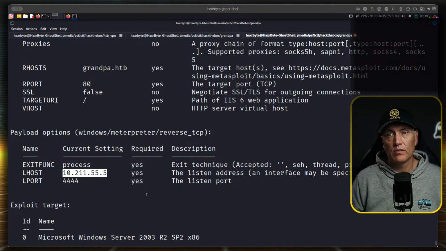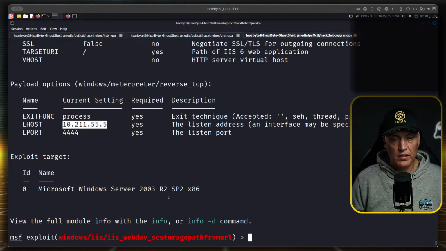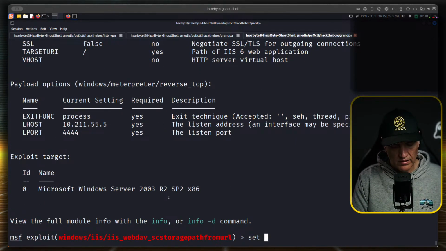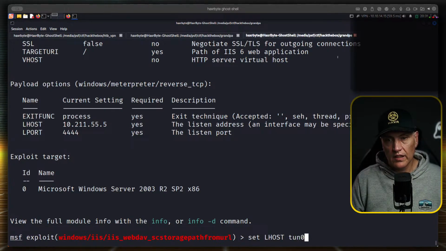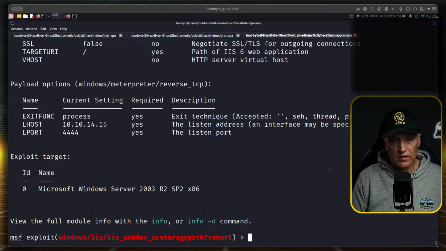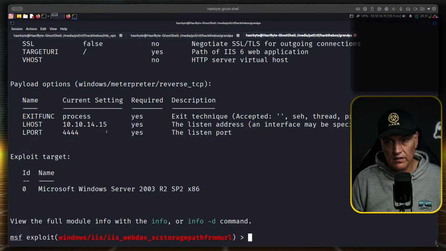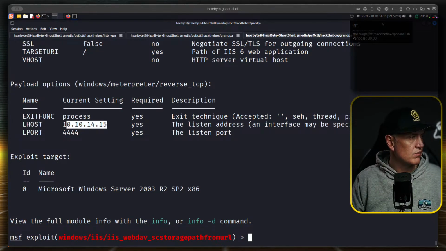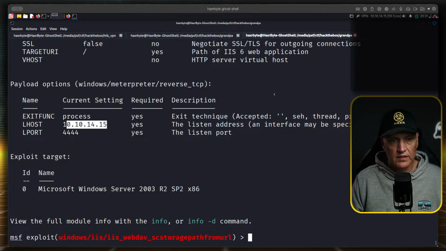So this is my local Ethernet IP address. In Metasploit you can do set LHOST tun0 and it will pull this IP address into Metasploit. Same as this little script I've got running here.